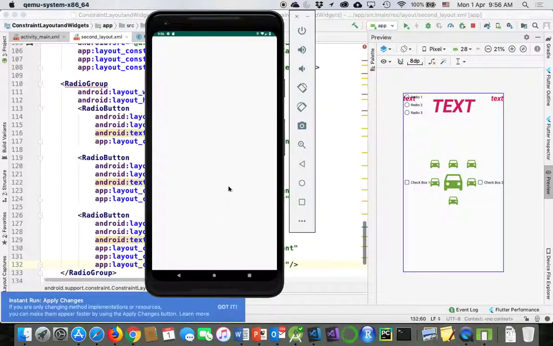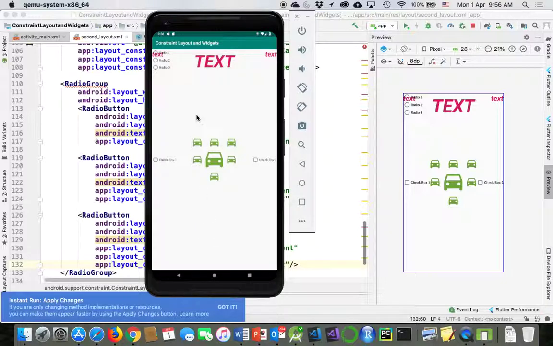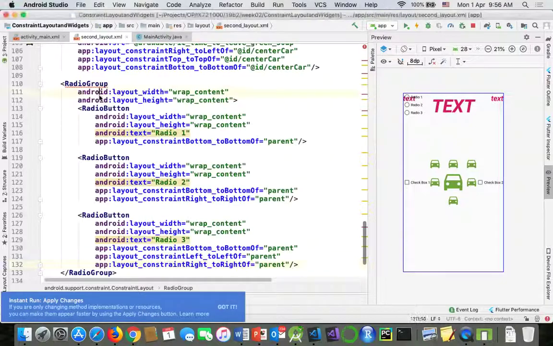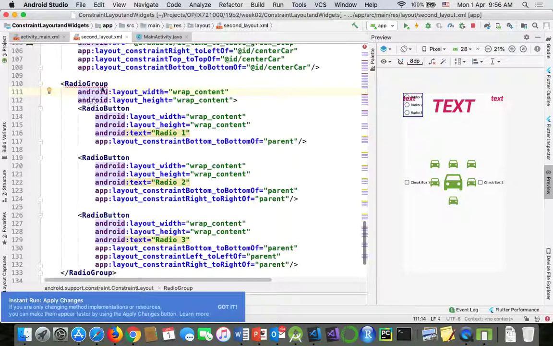Where's my, yep, it's coming. Okay, now again, let me do that. Look, it solved our problem. The point is, for the radio buttons, we didn't put any radio group, we didn't put any constraints, so that's why it is